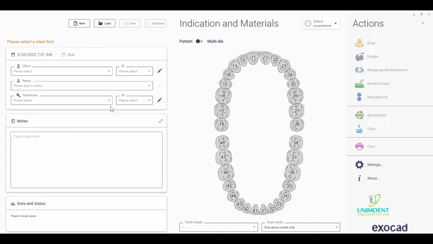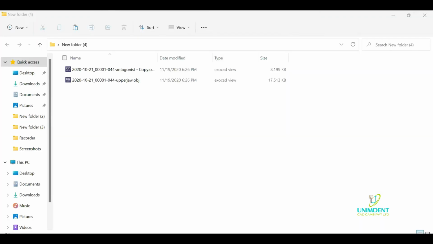Hello everyone, with a new video, we will now design the tooth here. So we will now see the STL file. Okay, these are the STL files now. So this is the upper jaw. We will open it,